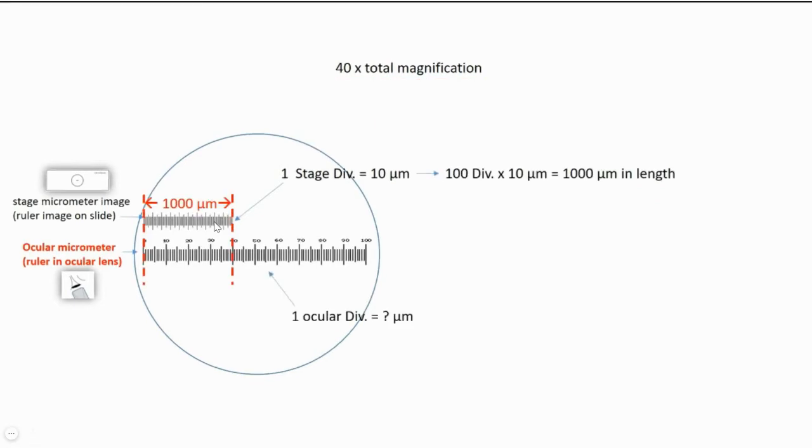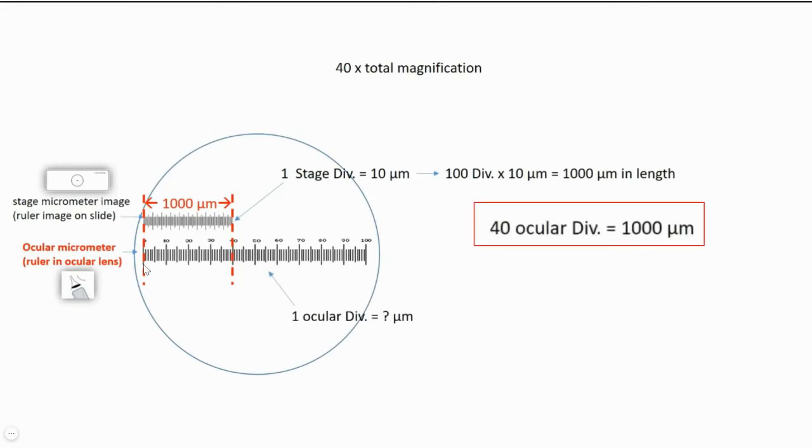So I am now going to highlight the two lines of the stage micrometer scale which are completely overlapping or coinciding with the eyepiece graticule scale. Here they are shown as red highlighted broken lines. And if this region of the scale is 100 micrometer, then this much portion of your eyepiece graticule or ocular micrometer scale is also 100 micrometer at 40x, remember.